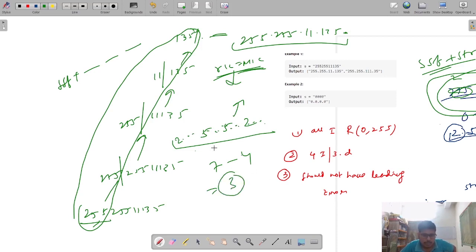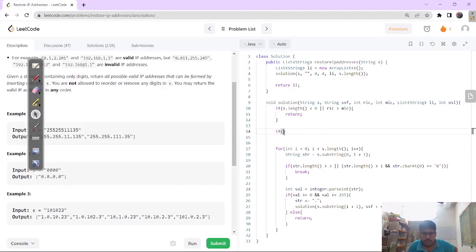So my answer is only having 3 length, but I have to include all these integers to make an IP address. So my string so far length minus 4 should be equal to this string length, right? So that is also a condition. My required integer count should be the maximum integer count, and also my string so far length minus 4 should be equal to my original string length. Okay,